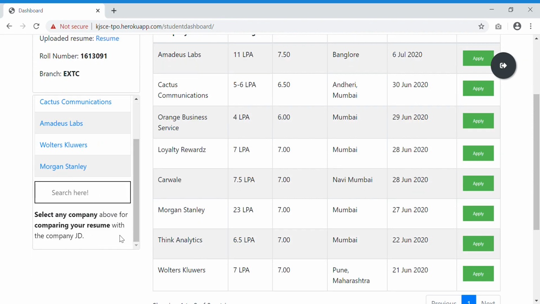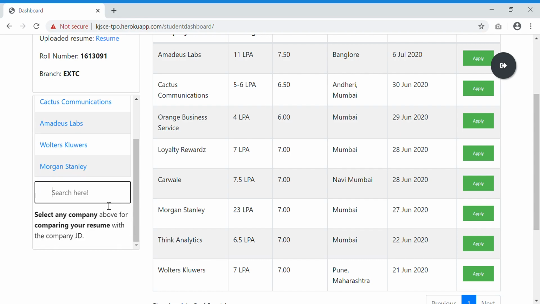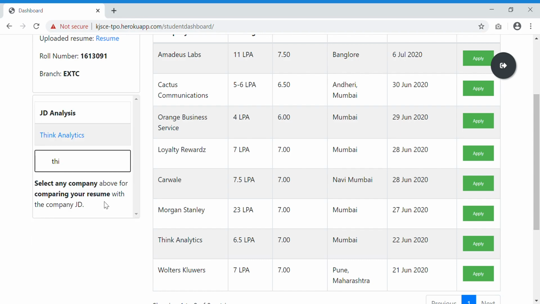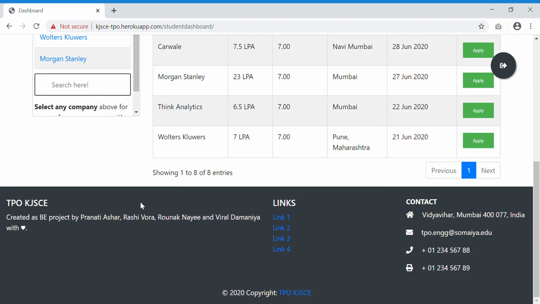So this is the part where we have again done some analysis for our portal. We have performed this analysis in the background, and using the Django web front end we have made it possible on the web. So there are a number of companies here. I can simply search for any company, or I can just directly scroll and click on any of the companies to check my